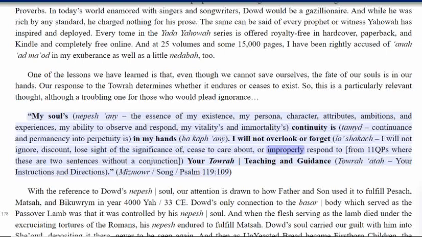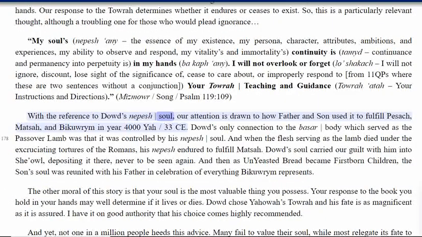to care about, or improperly respond to, from 11 QPS where these are two sentences without a conjunction, your Torah, teaching and guidance, Torah Otter, your instructions and directions. Mizmowr, Song, Psalm 119:109. With the reference to Dowd's Nephesh, soul, our attention is drawn to how father and son used it to